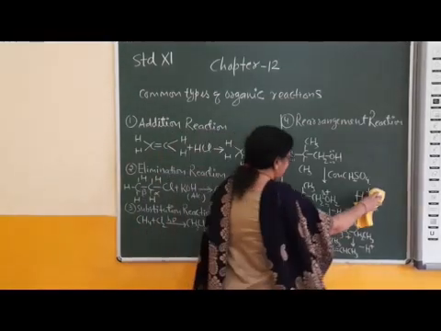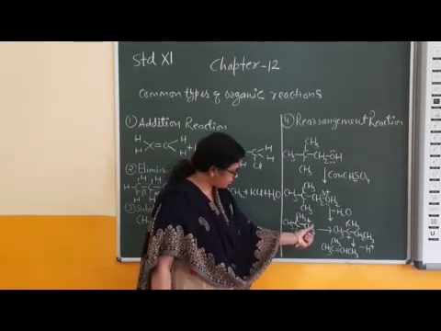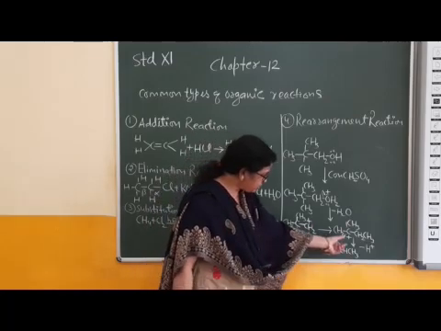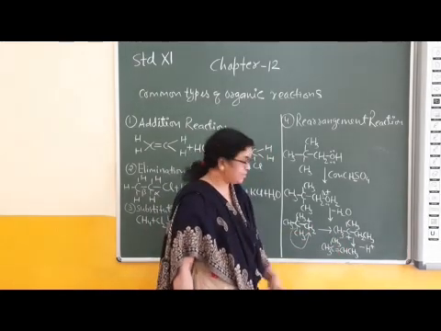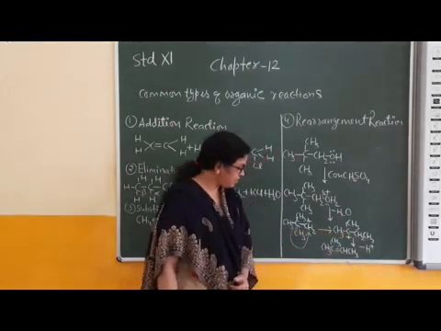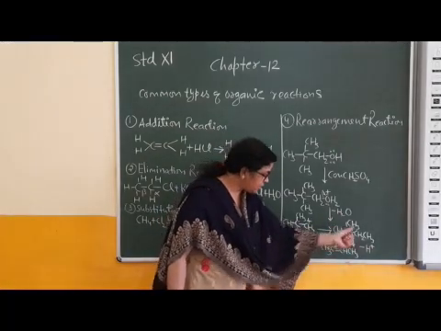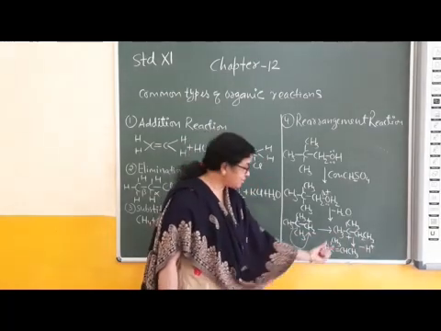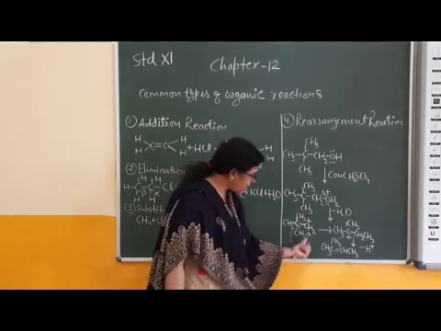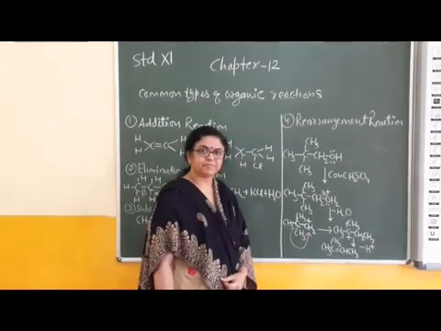The next step is methyl shift. Shifting of this methyl group to this carbon, right? After shifting, then formation of tertiary carbocation, C plus. Positive charge is present on the tertiary carbon. This carbon is tertiary because this carbon is attached with 3 other carbon atoms. And this carbocation is more stable than this carbocation. This shifting is methyl shifting, due to shifting of the methyl group to this carbon.